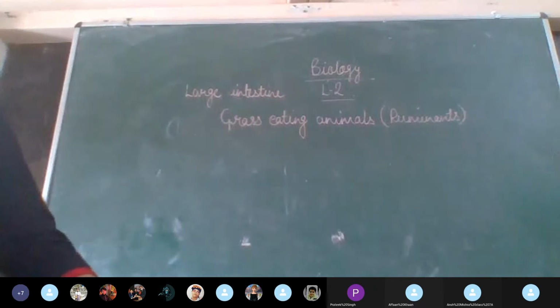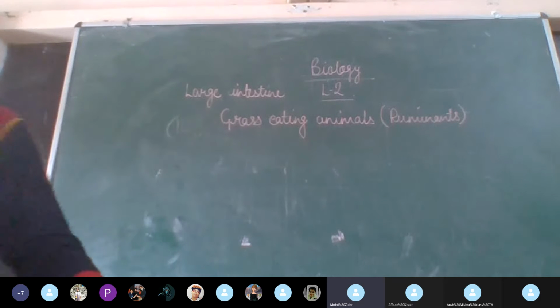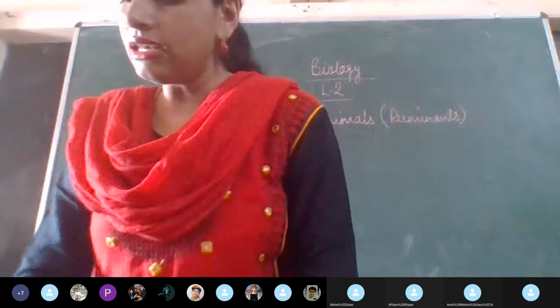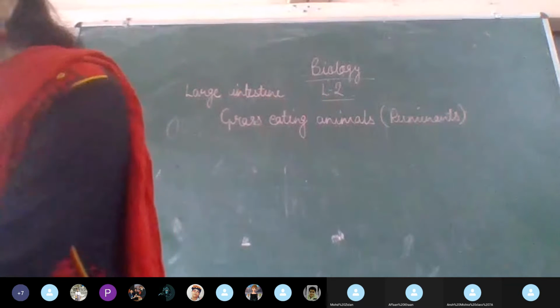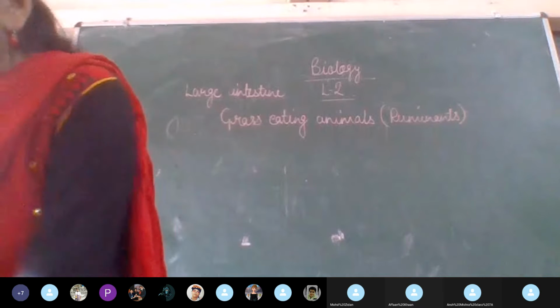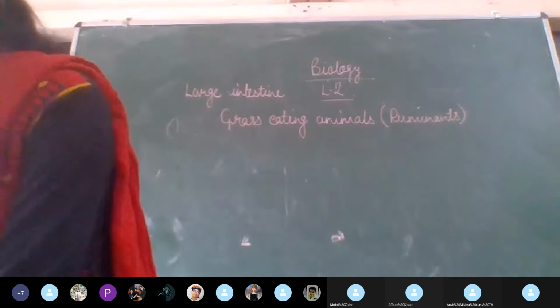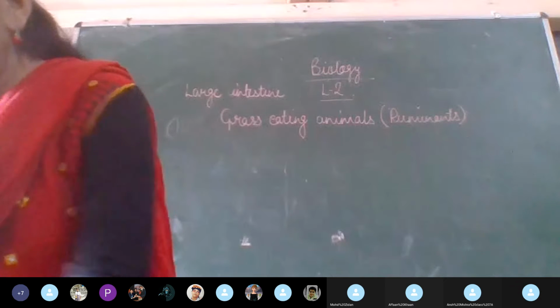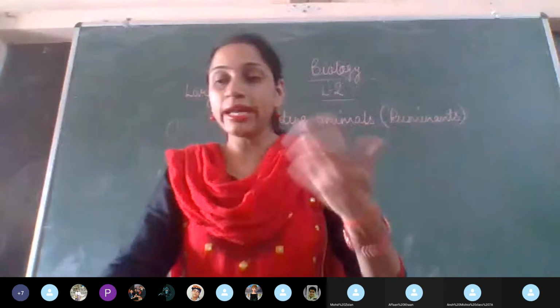Now, as you can see in the diagram, can you see the rumen portion in the diagram, children? Just tell me yes or no. Yes, ma'am. Okay. Now come to the second paragraph again. There is a large bag-like structure between the small intestine and the large intestine. Please underline that also. So they bring back the cud, and when they are sitting in their leisure time, it goes back into their mouth and they keep chewing it.